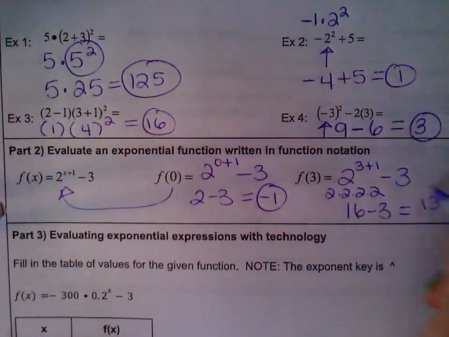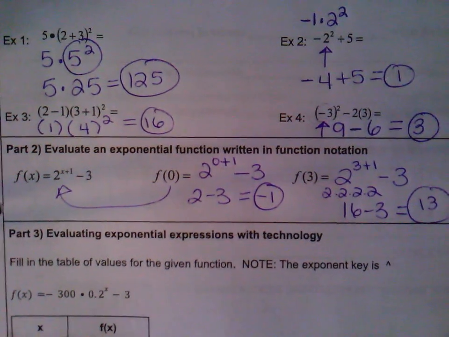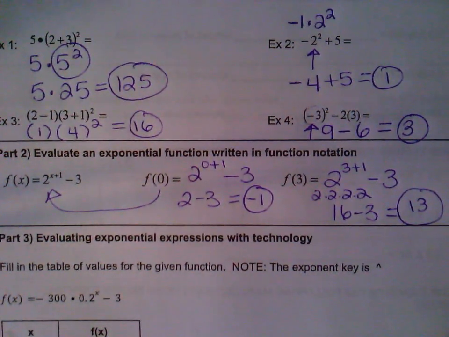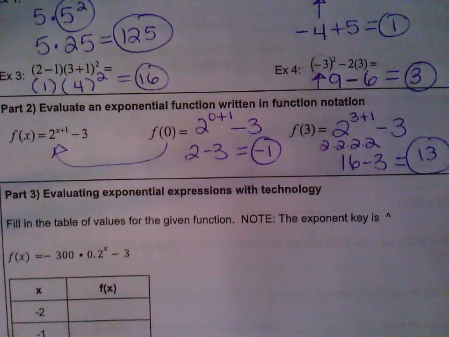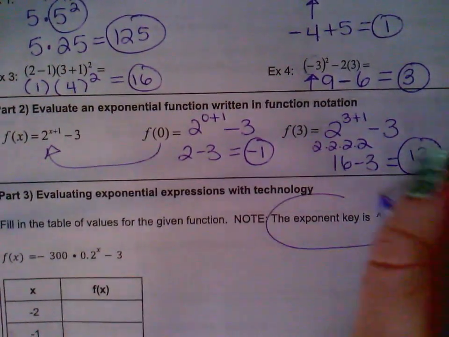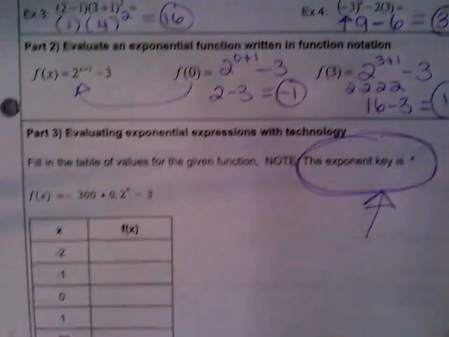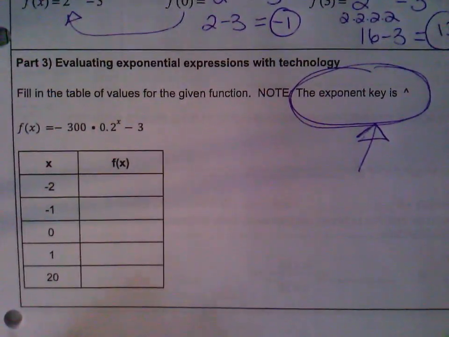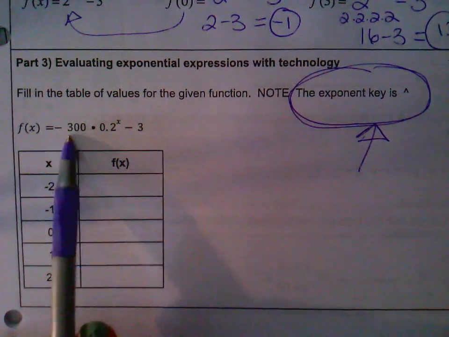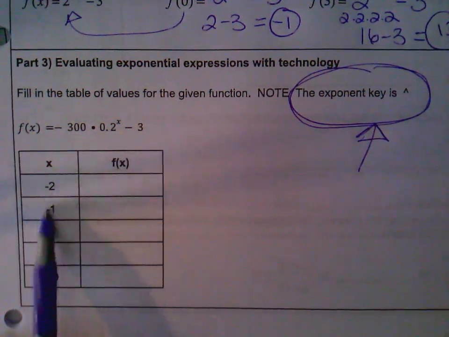Okay, so lots of mental math. I know you guys can do it. We just need to up our mental math game. All right. I want you to circle on part 3. The exponent key on the calculator is the upside down caret symbol, in case you don't know where that is located. I want you to type this into your y equals menu, and I want you to use the table